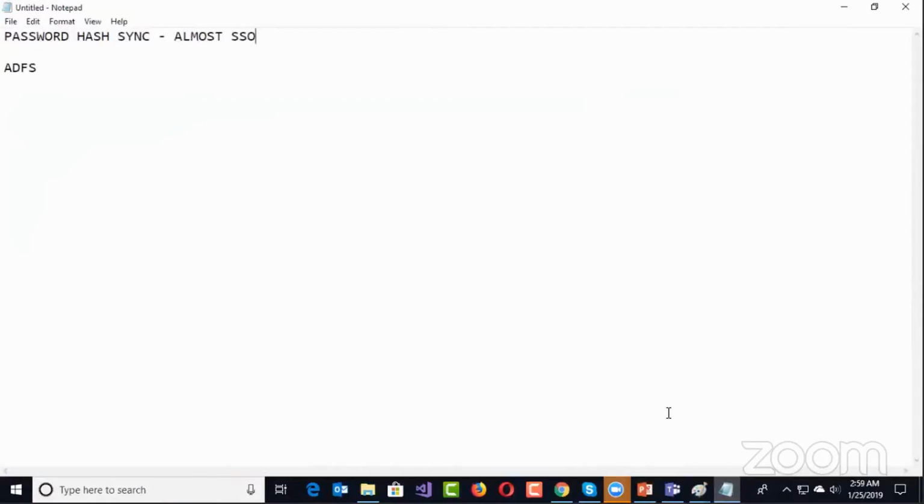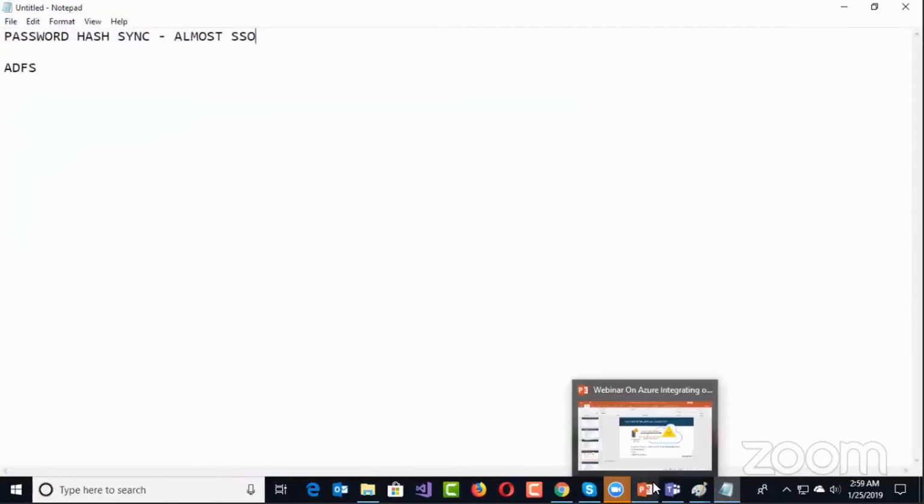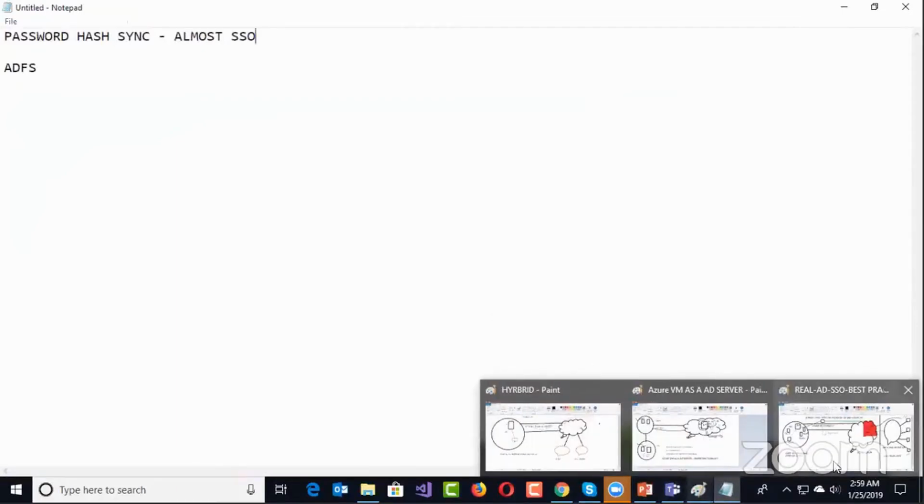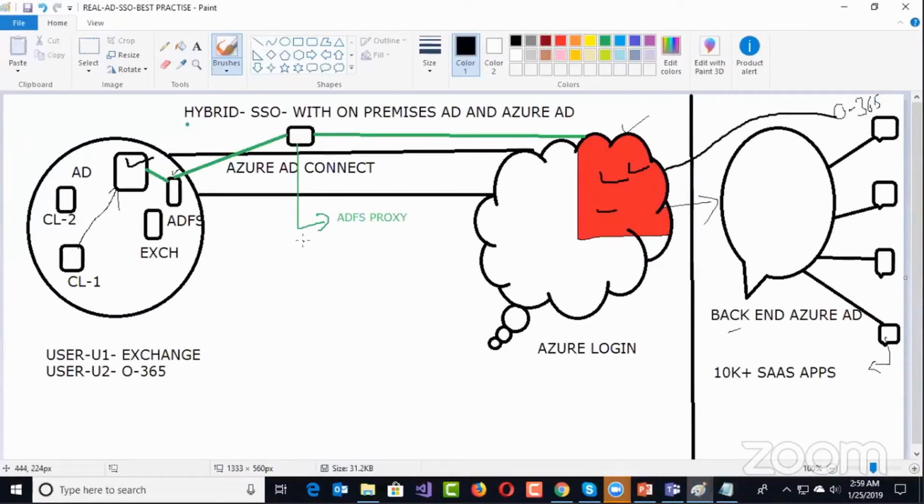If you need real single sign-on, we have a concept called ADFS. In ADFS, when a request goes to the cloud application, it comes back to the cloud directory, and the cloud directory will not do the authentication job. So if it's not doing it, who will do this? That's called the federated identity.